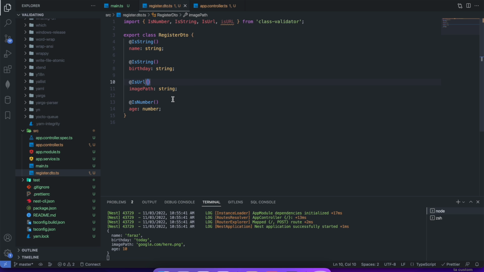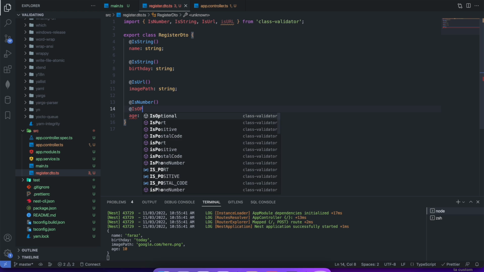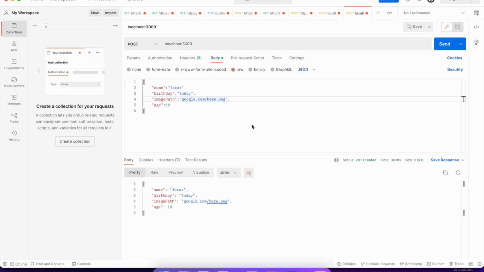Okay, so after that, sometimes, for example, age is not a mandatory field for us, it's optional. So easily we can just add the IsOptional decorator. Let's see, if I don't add age, it won't show any error to me. But if I remove birthday,